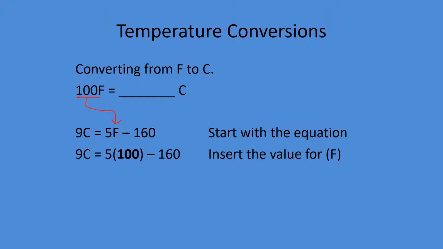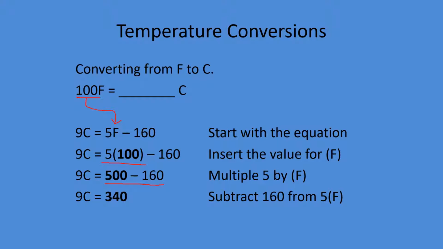And now we can start simplifying. So we want to get the variable by itself. So we can do any computation that will simplify the equation. So we can simplify 5 times 100. So I rewrite everything. That way I don't miss anything and I just do one step at a time. All right, next we can subtract 160 from 500. So that gives us